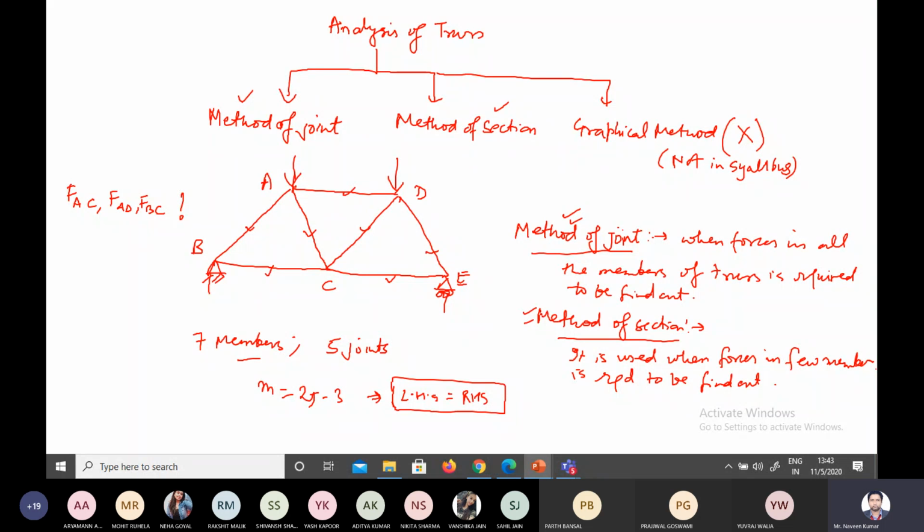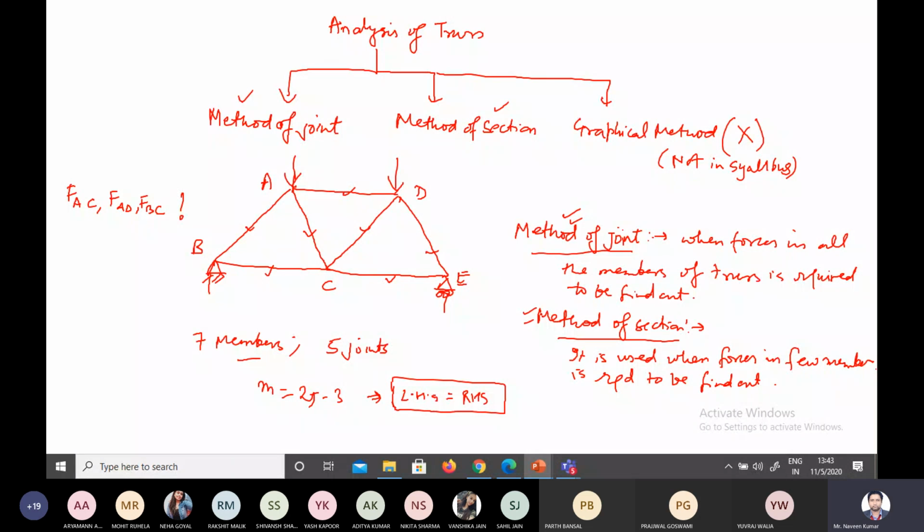Full stop. It is an assemblage of number of triangles that can resist the geometrical distortion